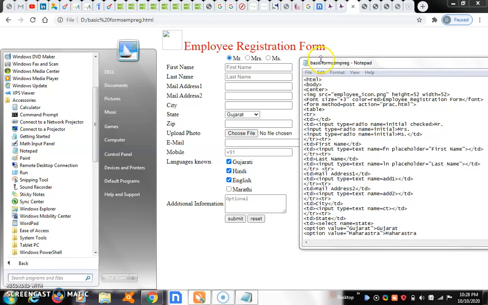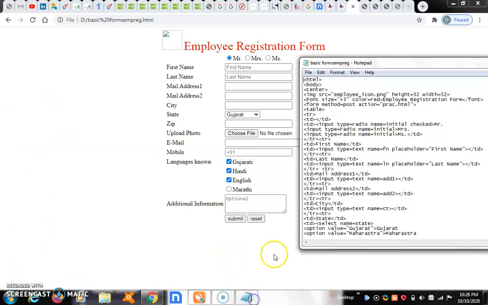Once you select the file, you get the following HTML code. In this HTML code, I am going to explain line by line. All of you carefully listen line by line and how these forms are coming. It is easy coding, not difficult.